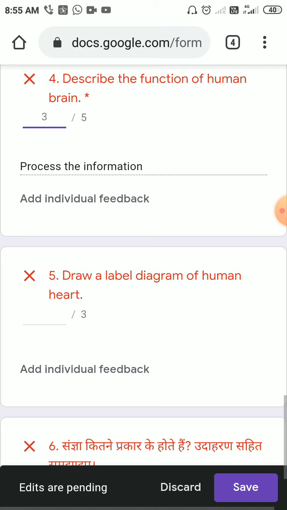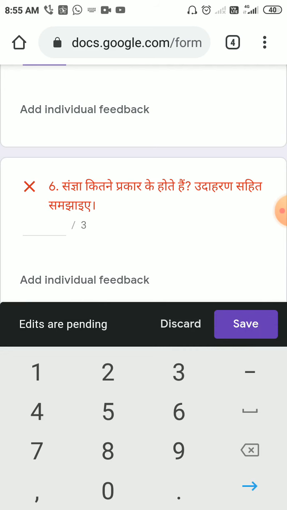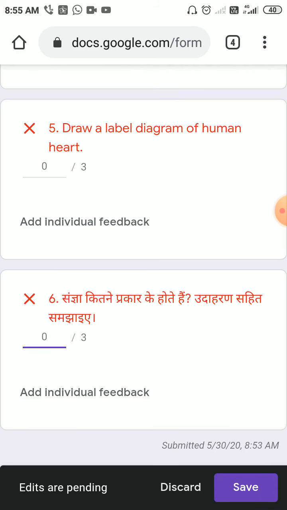Okay. Since the fifth question was not attempted by me, I want to give 0 marks for that. And again, the sixth question was not attempted, so let me give 0 marks. So it is up to the teacher, right? Google only processes the question which it feels is absolutely correct. Only then will Google give the marks. Otherwise, Google will leave it up to the teacher how many marks to give for that particular question.